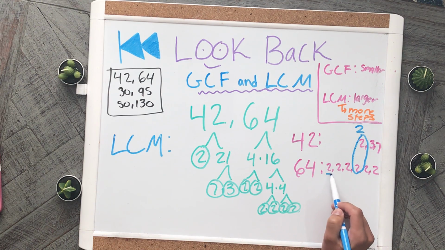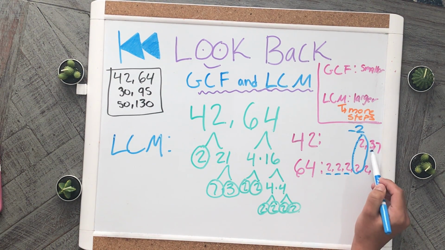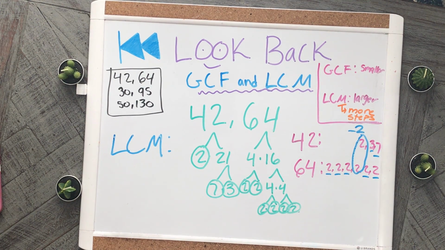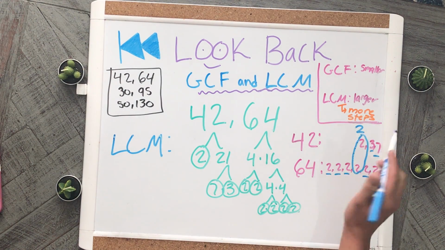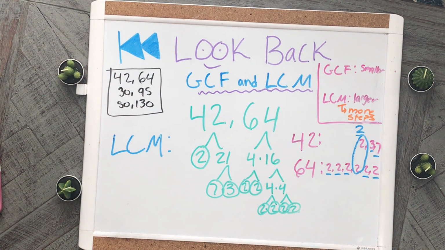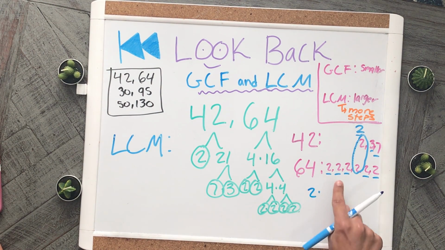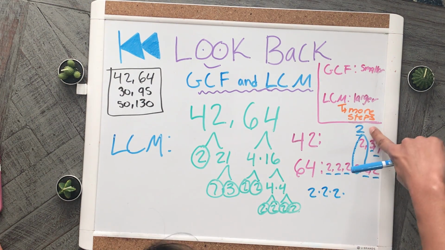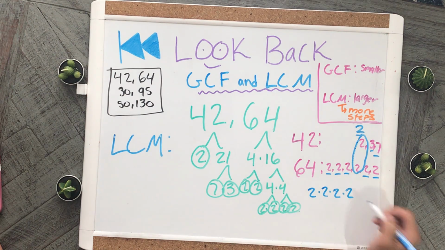Okay, so we have 2, 2, 2. This 2 here, a 3, a 2, a 2, and a 7. So now we have to multiply all of those. And I know this kind of looks like a negative 2, but it's not. I just underlined it to show you what we have. So now let's multiply all of those. Okay, we have 2 times 2 times 2 times this 2 that we had in common right here,